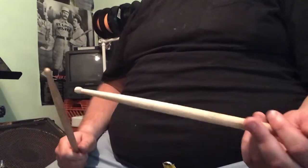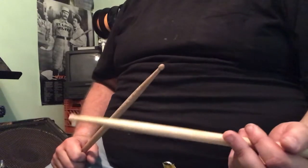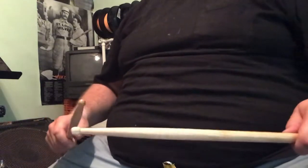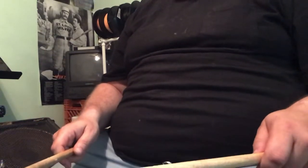So let's talk about why we use traditional versus matched, or really why we use matched rather than using traditional. Matched seems to make more sense to people playing drum set especially, and I get that. And I think the general attitude is matched grip is a lot better for playing primitively on the drum set, doing fills that go